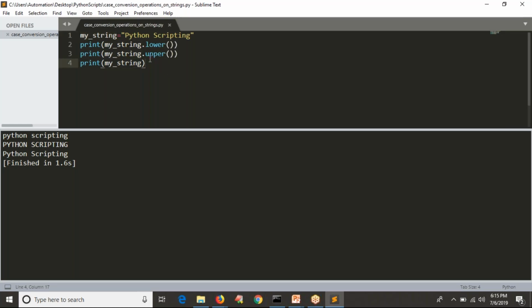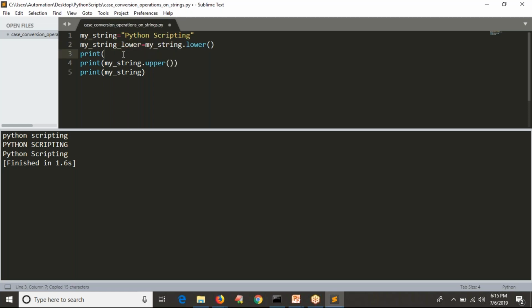Fine. Suppose you want to capture the result after performing lowercase or after converting your entire string into upper, you can store this operation result into some variable. Let's say my string in lowercase, only lower. Any variable you can take, but I'm taking this one. That's it. Right now, instead of printing my string dot lowercase, we perform the lower operation and we store the result into this variable.